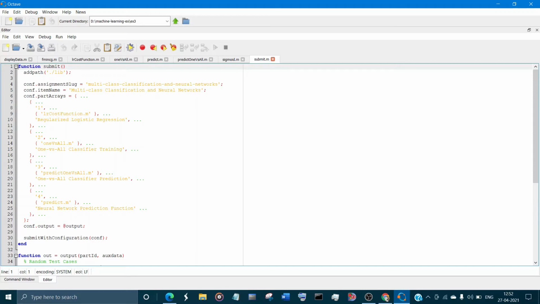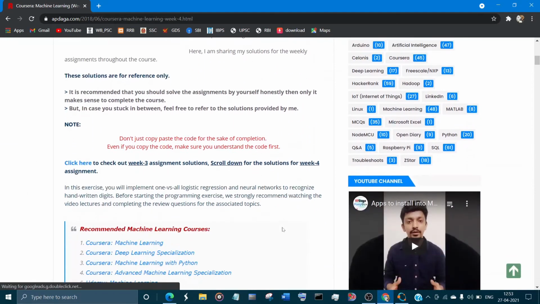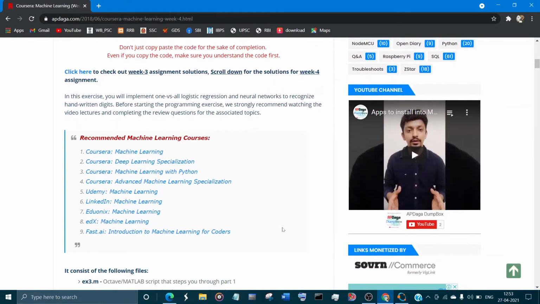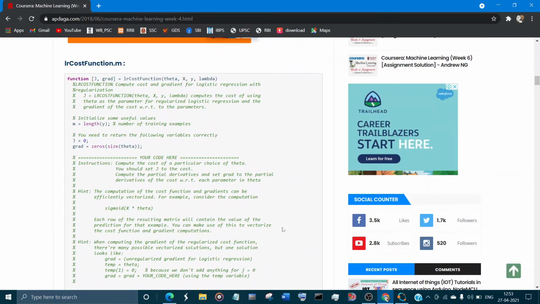Now you have to code these programs. If you know coding, then it's great, and if you don't know coding, you can copy the code from this website that I will provide in my description box. So after going to that website, please remember, understand the code, then copy it. Don't copy blindly because it's better for the course. So first of all you need to just copy these codes.